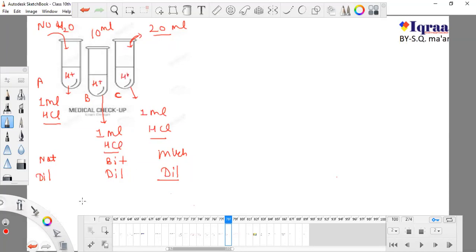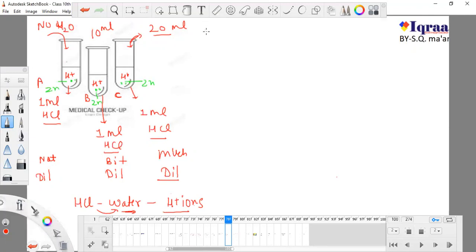We know that when an acid gets mixed with water, it can release its H plus ions. We know this. And we also know that without the help of water, any kind of acid cannot release its H plus ions. We know 2 things, that acid needs water to release its H plus ions, which we studied yesterday. So now in these 3 test tubes, I will add some zinc granules. Okay, these are zinc granules. I will add the same amount of zinc granules.